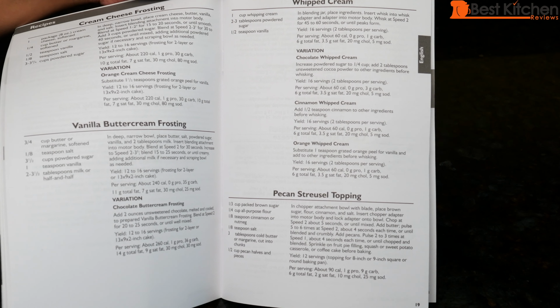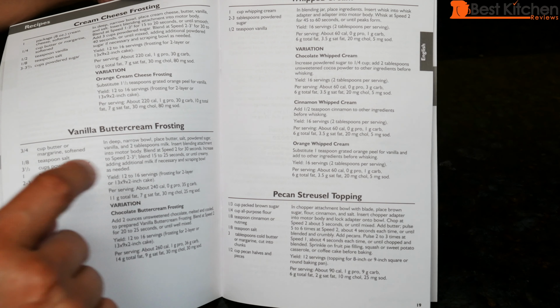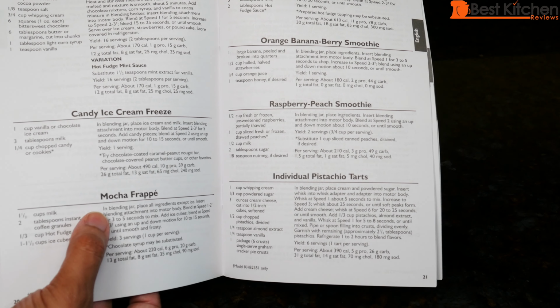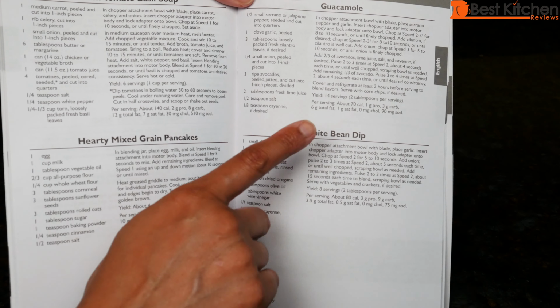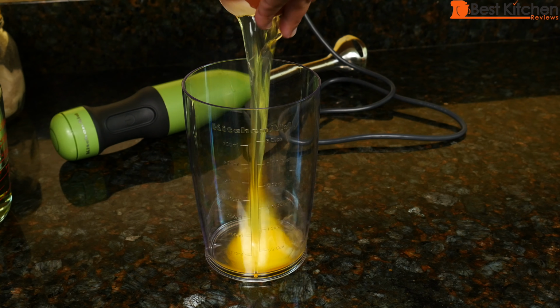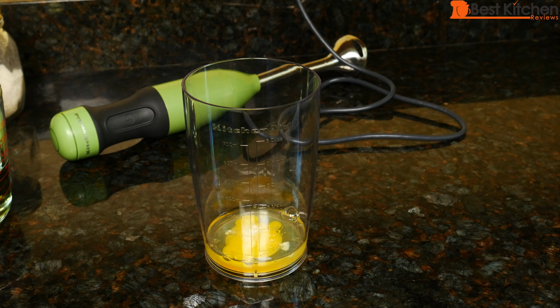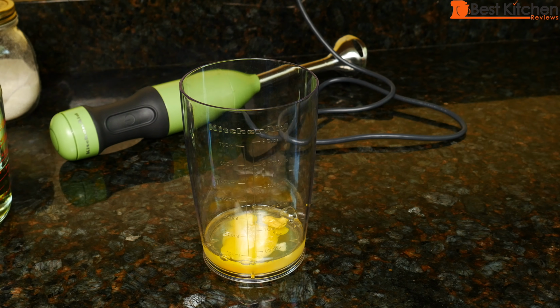The instruction manual gives you lots of recipes. You can make frosting, whipped cream, mocha frappe, chocolate mousse, dressings, soups, and dips. Let's try making mayonnaise. Crack 1 egg, a little salt, a little sugar, a little mustard, fresh lemon juice,